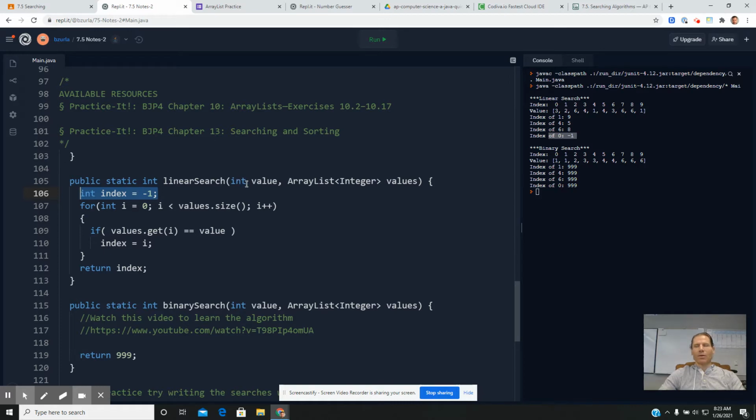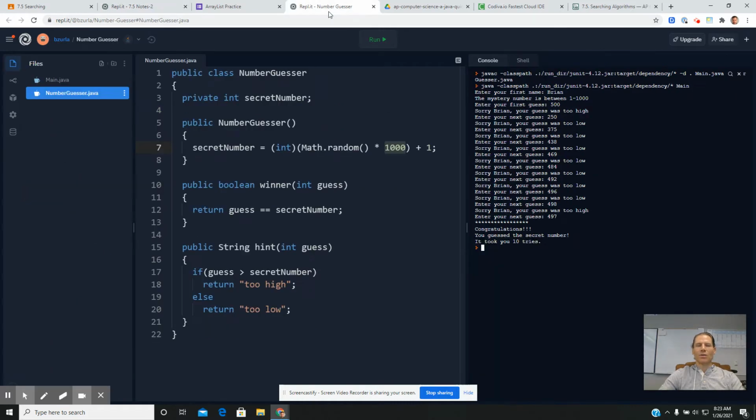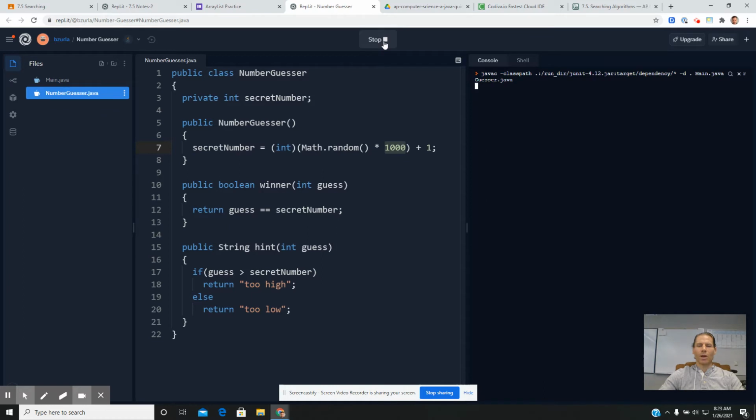Binary searches are different. So binary search, earlier this year, we wrote a program called Number Guesser where I was randomly generating a number from 1 to 1,000, and we were going to try to guess what the number was. If I played this game employing a linear search, okay, that means I'm going to start at one end and